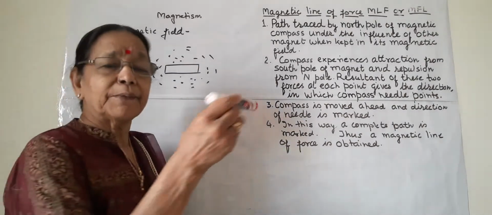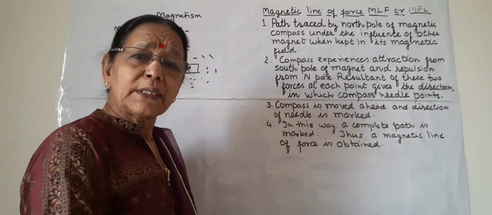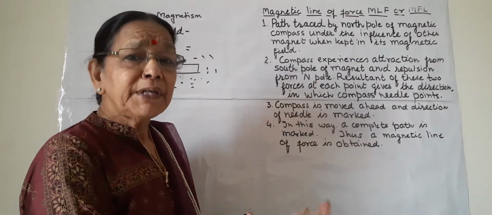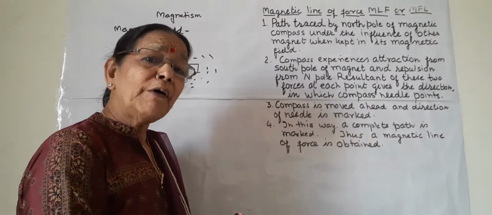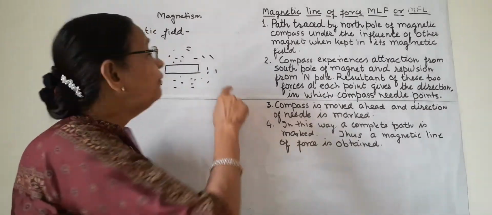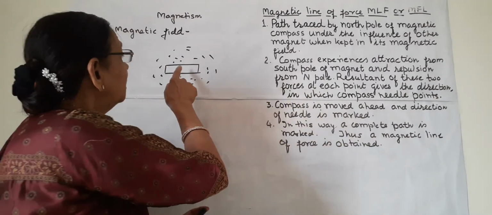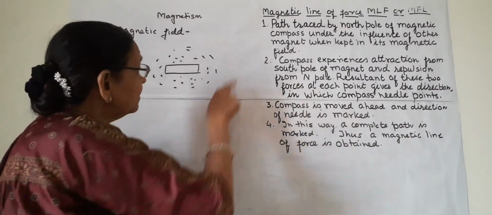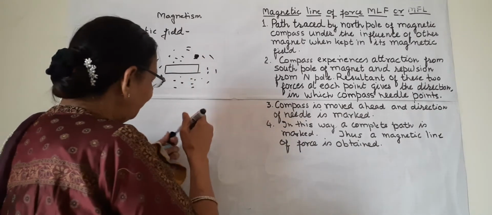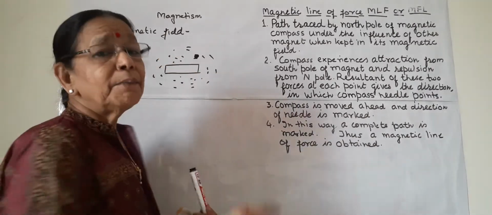If I have this pen and I drop it, it will go towards the earth, towards the floor. Why is it going there? Because it is being pulled by the gravitational force of the earth. Likewise, there is a magnetic field, and we can define the magnetic field as the region around a magnet, and in this region some other magnetic substance will experience a force of this magnet.